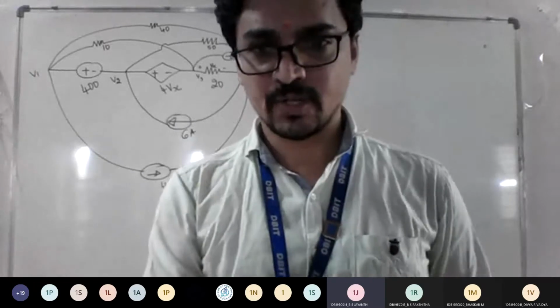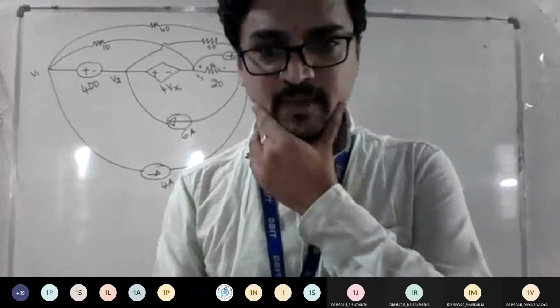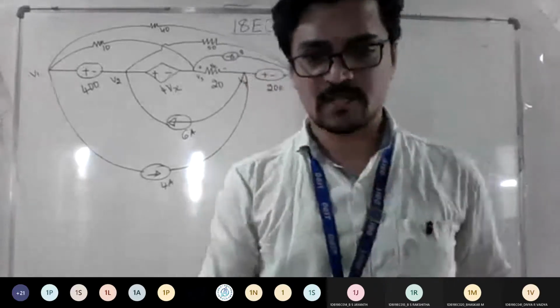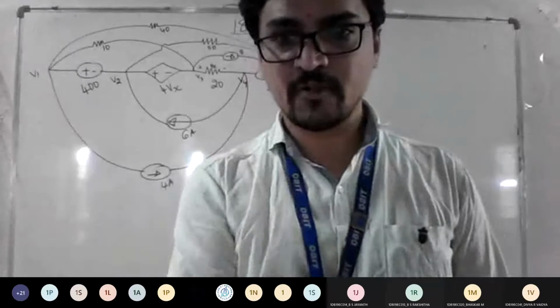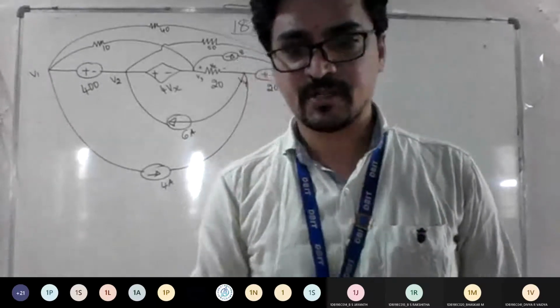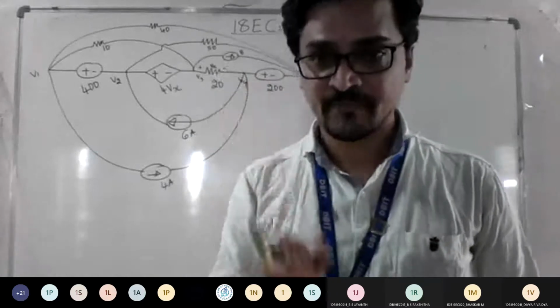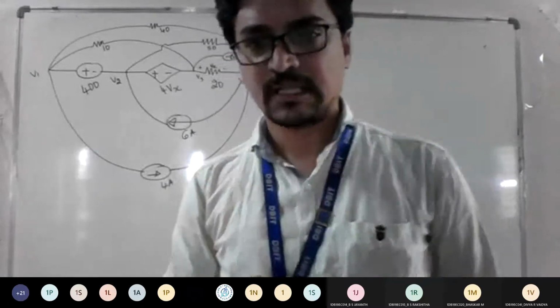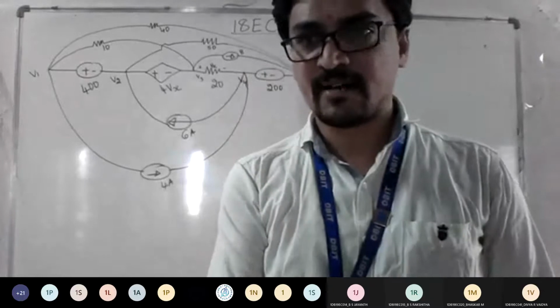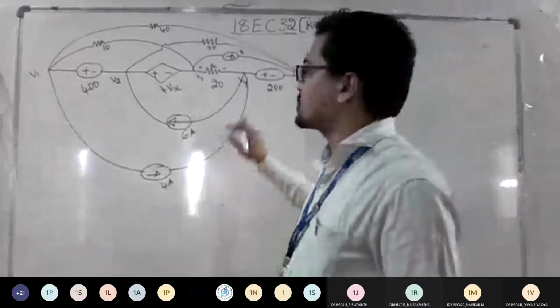Yeah. So we'll go ahead with a few more problems, and from tomorrow onwards, we'll start with your next topic, that is source transformation. We left out two more topics in this module number one. One is source transformation. I think at the beginning I gave the hint how to do source transformation, right? Similarly, you have one more topic called star to delta and delta to star conversion. Okay. So before going for that, look at the question.